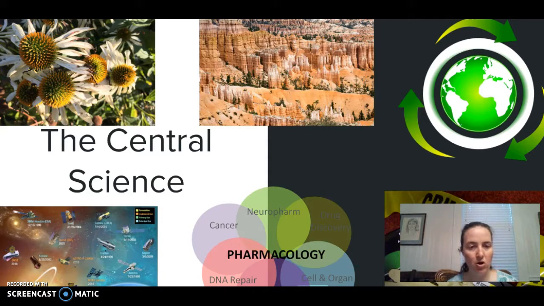It is sometimes called the central science because it provides a foundation for understanding both basic and applied scientific disciplines at a fundamental level. Examples include plant chemistry or botany, the formation of igneous rocks or geology, how atmospheric ozone is formed and how environmental pollutants are degraded, ecology, the properties of soil on the moon, astrophysics, how medications work, pharmacology, and how to collect DNA evidence at a crime scene, or forensics.